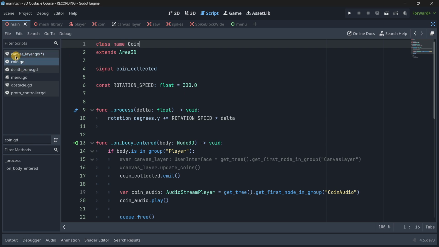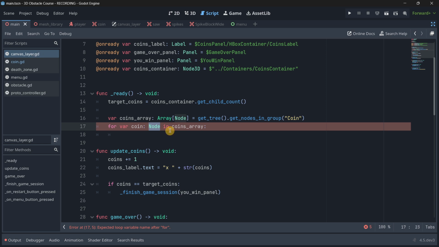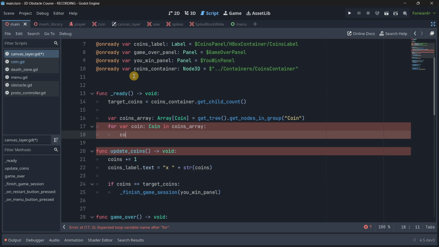So maybe something like that, and let's save it. So let's make this an array of coin and a variable of type coin. Okay, and now what we can do is basically do coin dot